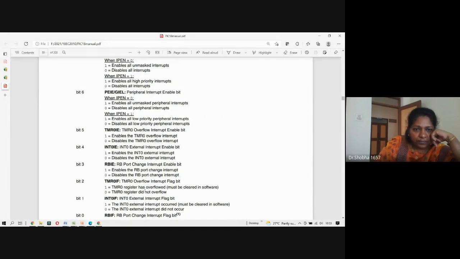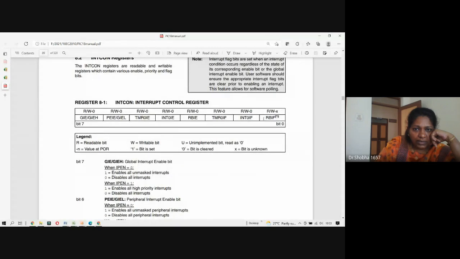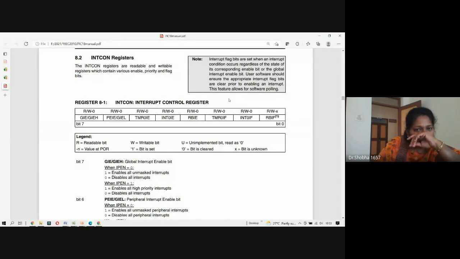Okay. So RBIE is your bit enable. That is 0, 1, 2, 3. If you see here, every interrupt is having two bits. One is to enable, another one is an indication. Indication is only a status. You cannot set the value. Okay, so I think let us stop with this. If I take more, I think it will be above your head. But at least this first register, you have to understand.